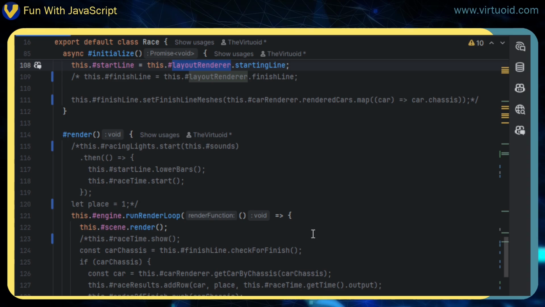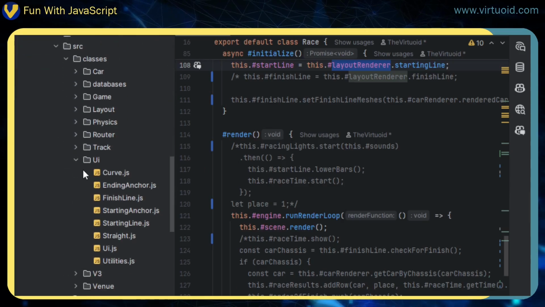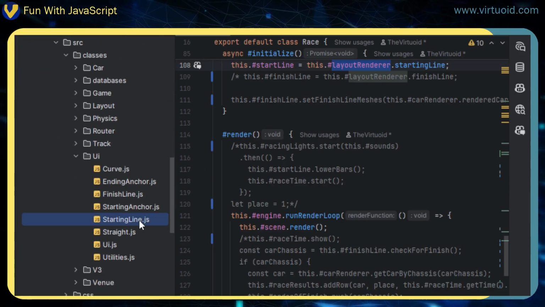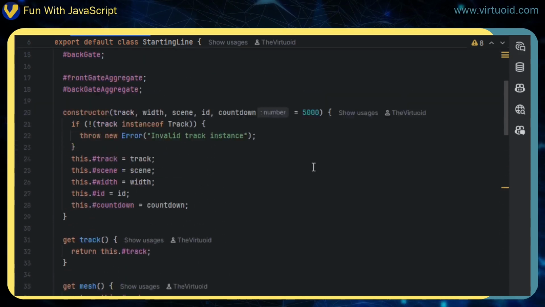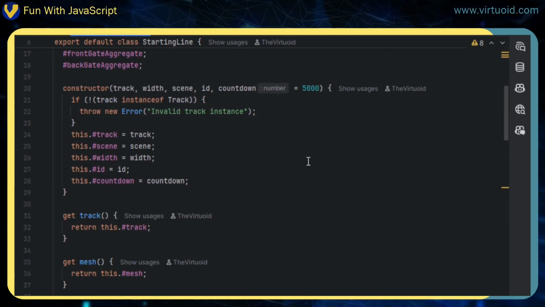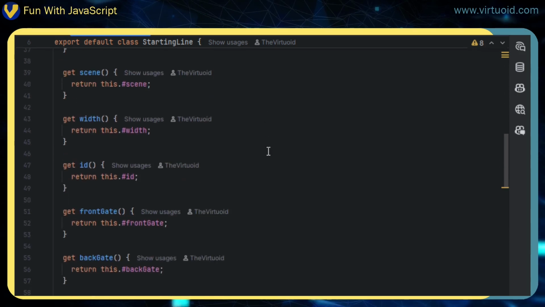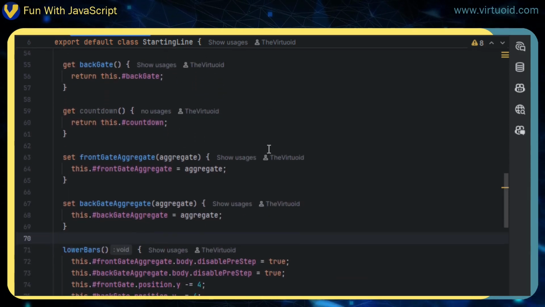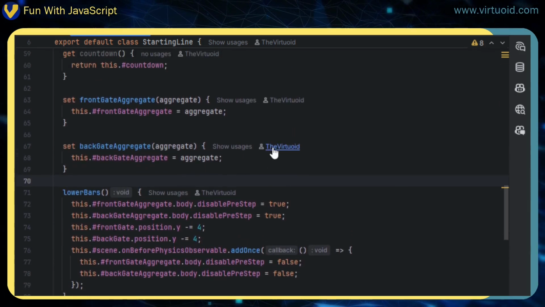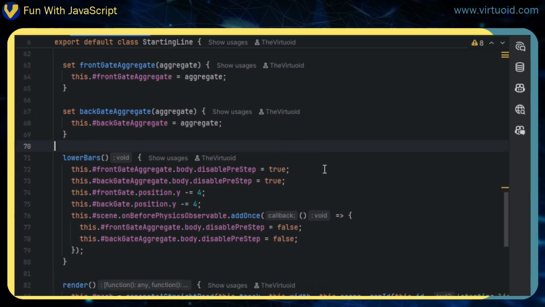Now, why do we have that particular start line? Because the start line is responsible for starting the cars off. So let's take a look at the start line code, because there are some very interesting things going on. A lot of this is no big deal, and I don't care about that. But what I do care about is that not only do we have the start line,